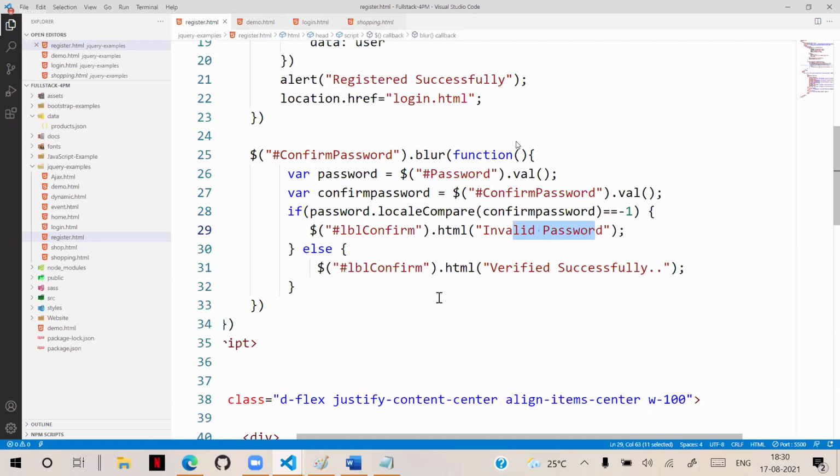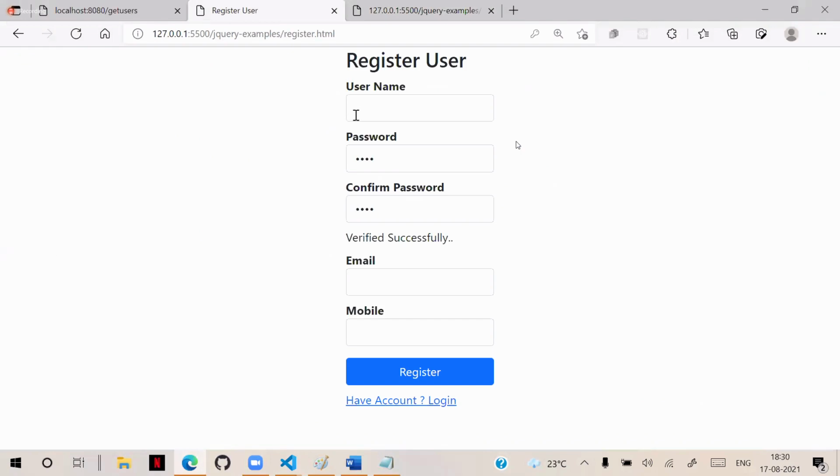So now what we will do is, we will create this same registration form. In this, we will add all the validations now. With all advanced features, we will create a validation form. That means how to verify username, password, confirm password, email, mobile. If there are any errors, it should not be able to register. If everything is successful, then it should be able to register. That validation we will add here. That we will see in our next session. Tomorrow we will discuss that.